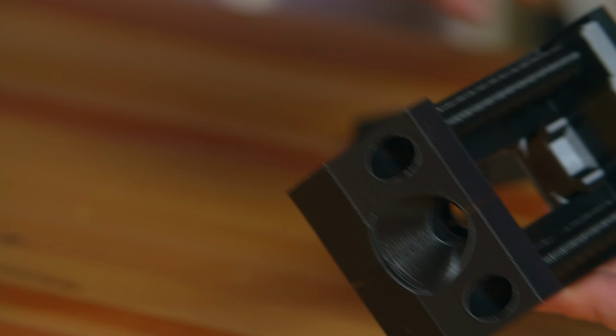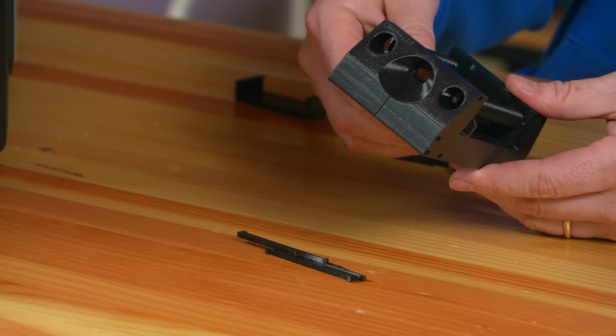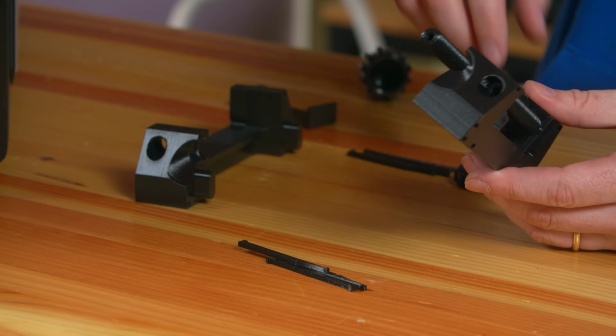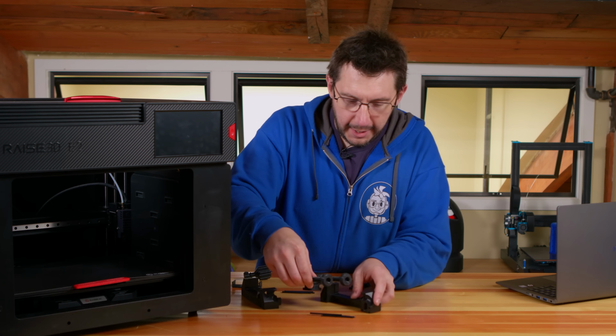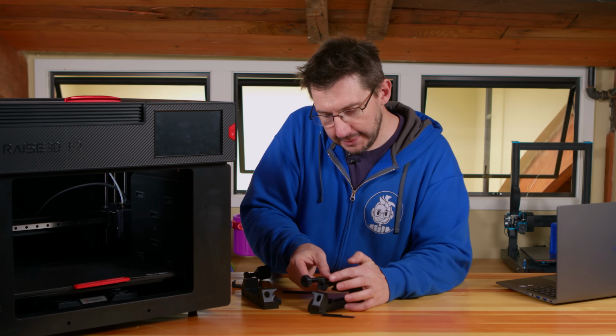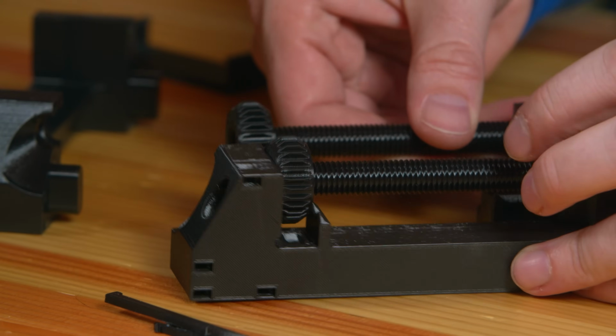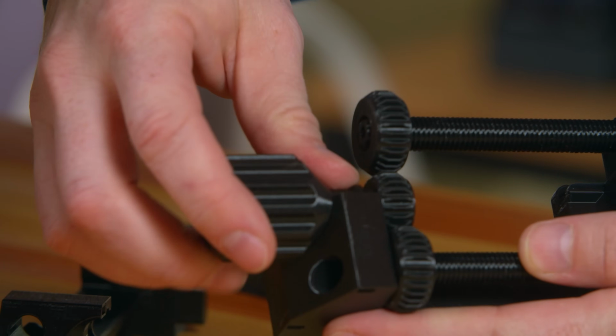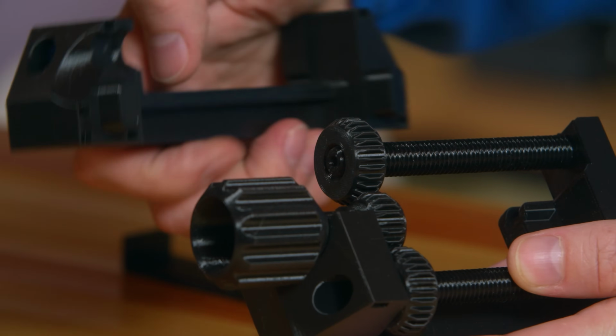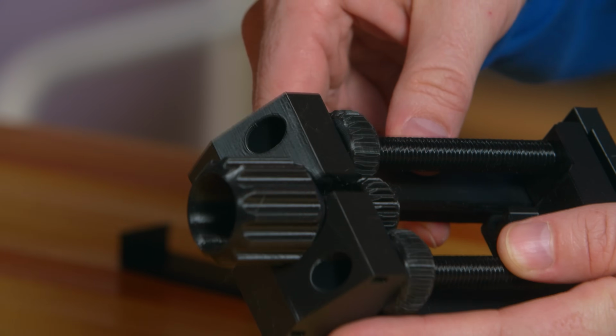I was waiting for this. It's gonna go together like this, and then there's these little clips right here that are gonna go in the side to hold it together. So it doesn't require any additional hardware. There are these two, what are those called? Little gears, maybe? And they have to exist a little bit in like that. And then this piece will go in like that. And this piece should go...